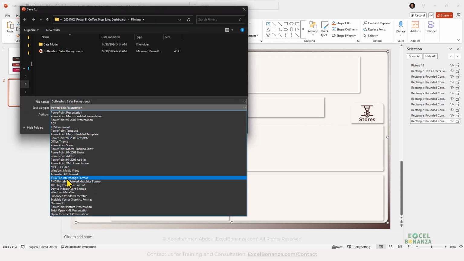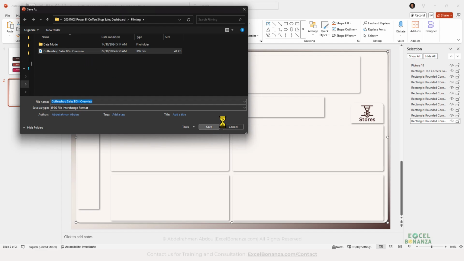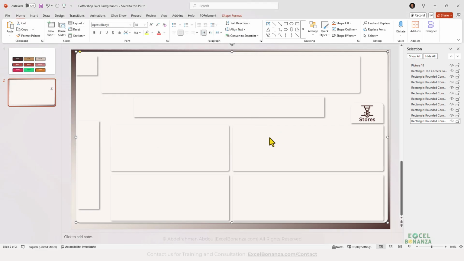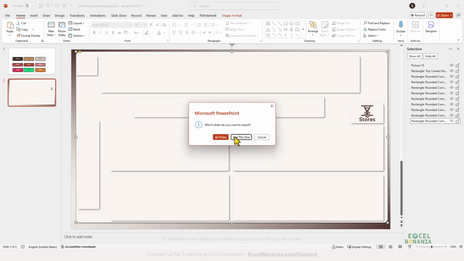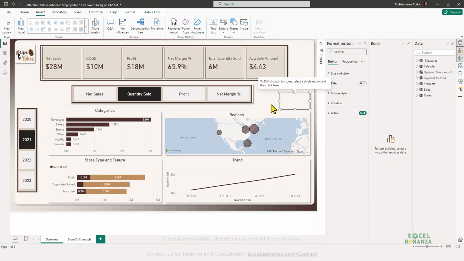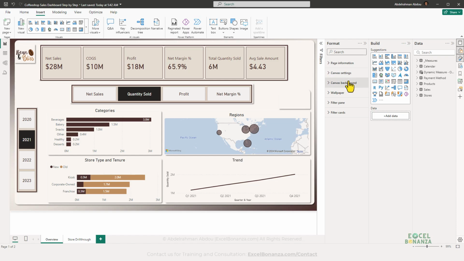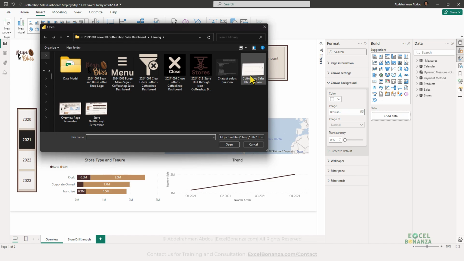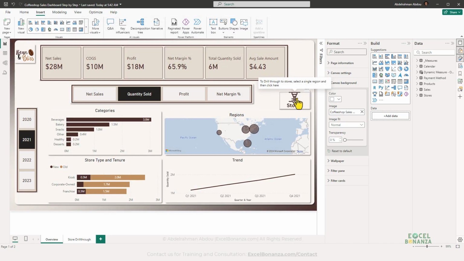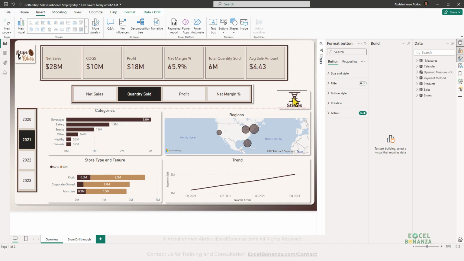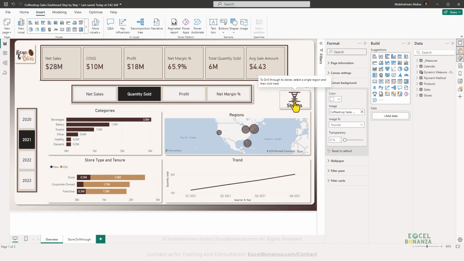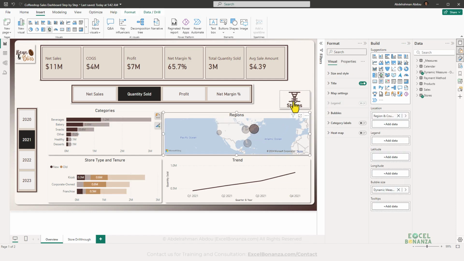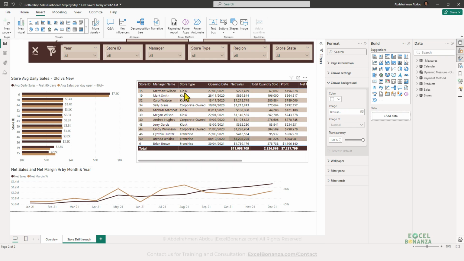And this will be a JPEG file. I'm going to save it here, and just this one, and I'm going to go here to canvas background, and this will be inserted as a background, as you can see here, and now it's embedded in the background. And then there's the button on top of it, and the button is going to enable me to go to the drill through page after selecting a region. So as you can see here, after selecting a region, I'm able to go to the drill through page, and